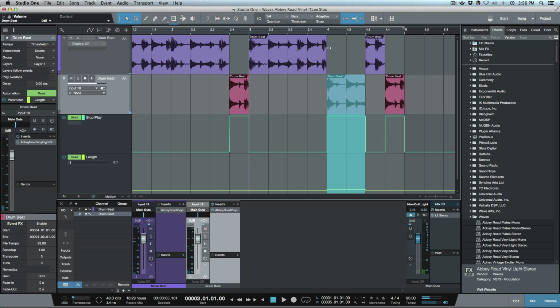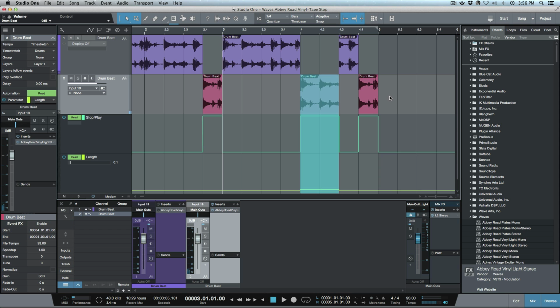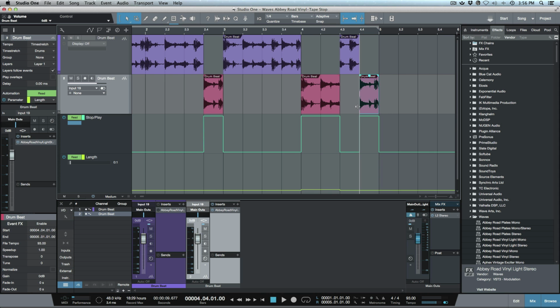now another cool effect here is that we don't necessarily have to make the length equal to the length of the audio event that we've cut up here. So for example, I could take this section, which is a quarter note here based on our 93 BPM, and then I could change it. So I could go to, let's say, 3/4 notes, and that would pretty much be the equivalent of me taking this audio event and stretching it out so that the tape stop is happening at a different